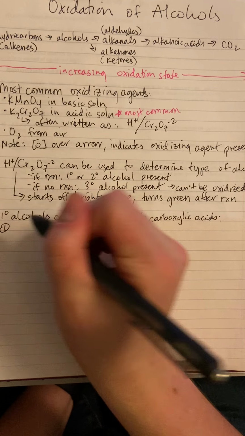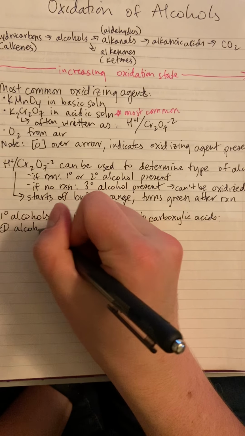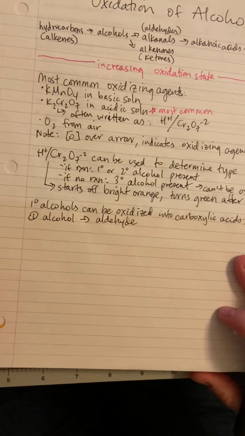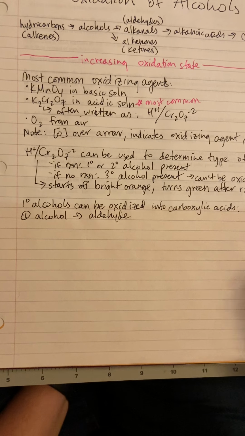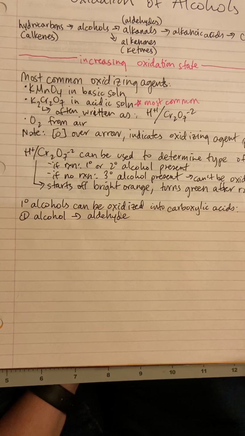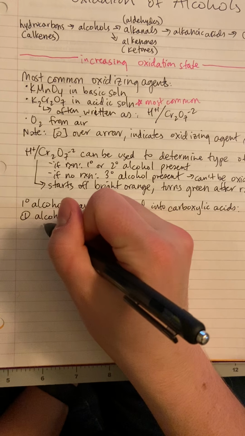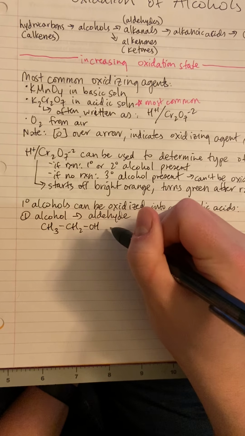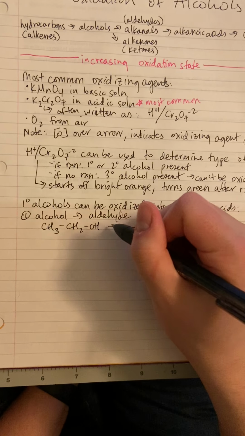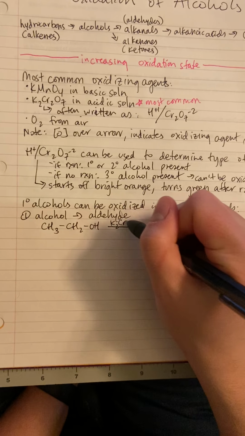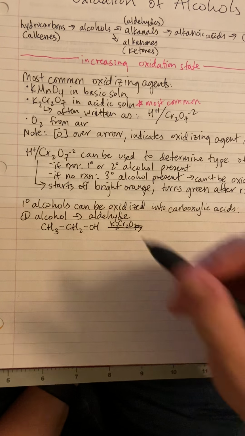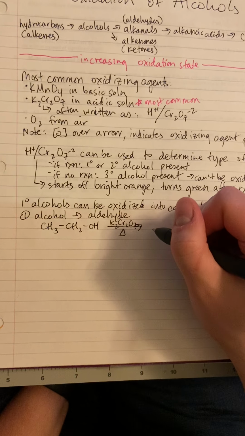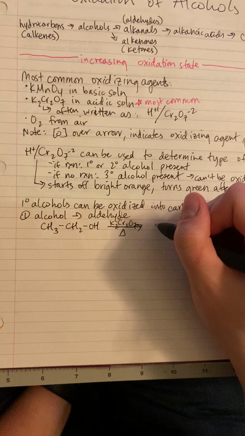So first step, as I said, we have our alcohol to our aldehyde. In this case, we're going to have ethanol being oxidized into ethanal. And in this case, we're using potassium dichromate. And then that little triangle just means that we're heating it up. That then produces ethanal, which is an aldehyde,